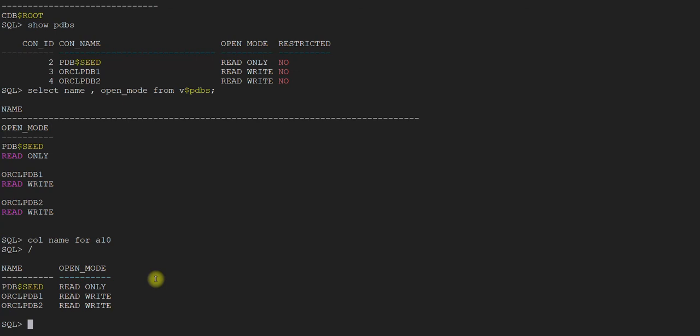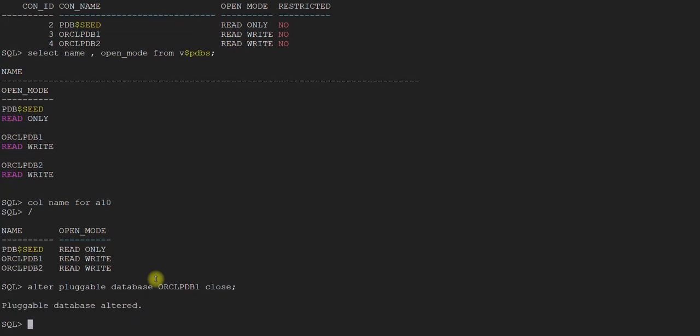So the command is alter pluggable database ORCLPDB1 close. We can close it from the root. So now let's check it.